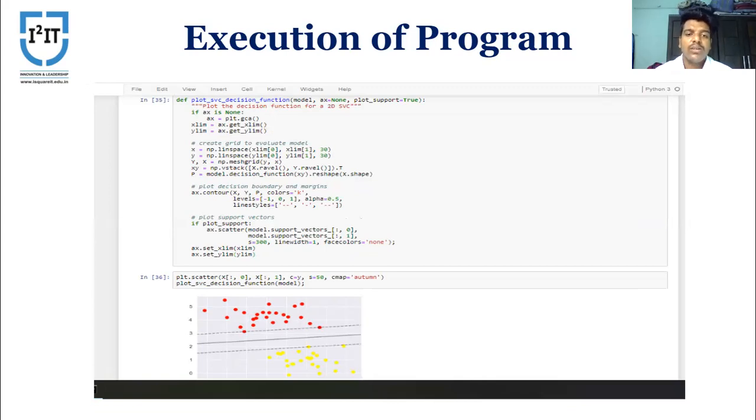Here on the screen, you can see the hyperplane in the center is equally margined with both the points. It is linearly separable data, and it has been separated by the hyperplane.